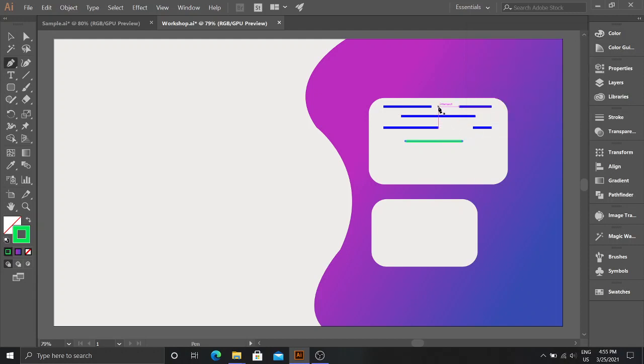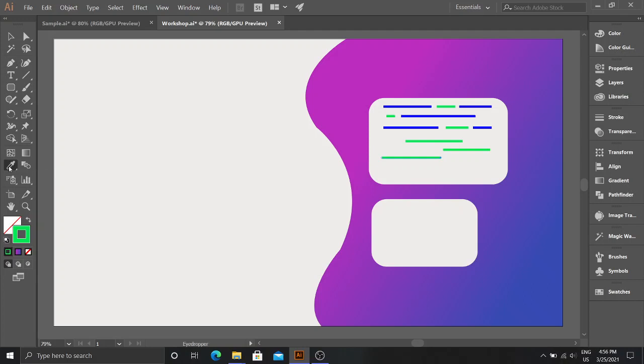Okay. Now you can see the eyedropper tool here.